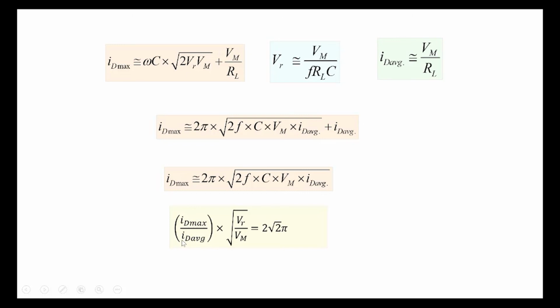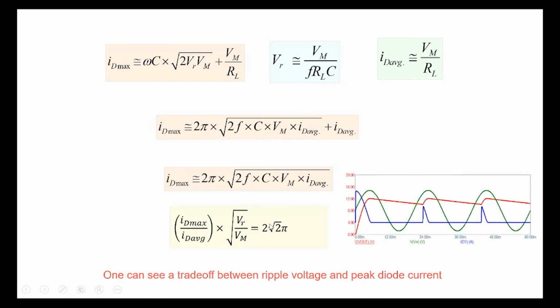Which means that the peak diode current will increase. So you'll have to choose a diode which can handle that large value of peak diode current here. And so one can see a trade-off between ripple voltage and peak diode current here, right? The two of them are related together here, which is sort of obvious if we see this particular